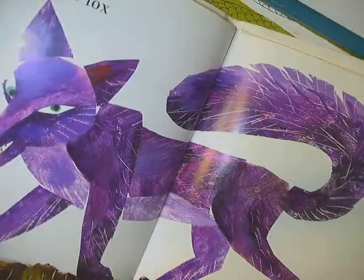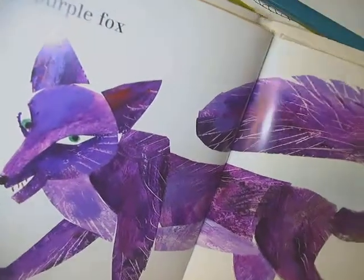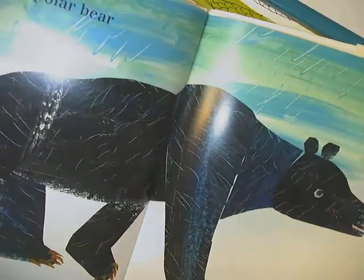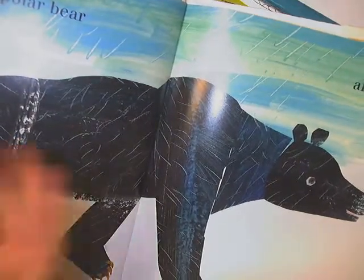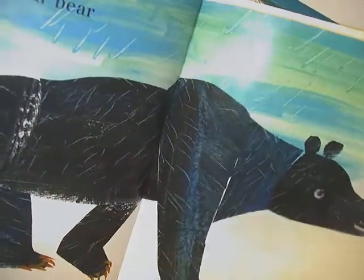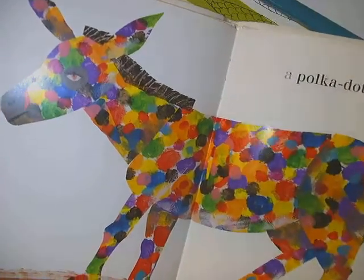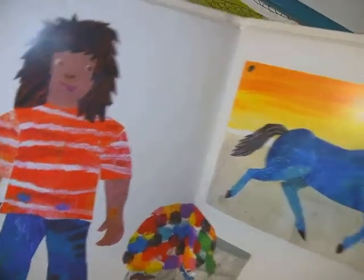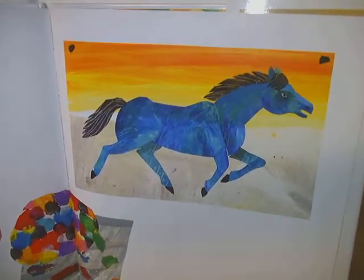And I paint purple foxes. And a black polar bear. Well, actually, polar bears have black skin that absorbs the heat, and then they camouflage with their white fur. So this is kind of a reverse of reality. And a polka dotted donkey. Oh my goodness. So all the colors mixed up into one donkey. I am a good artist, he says. And yes, just like you, he's a champion artist, and he can use his imagination and creativity to create all